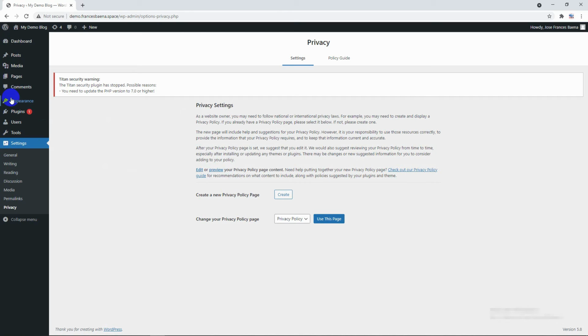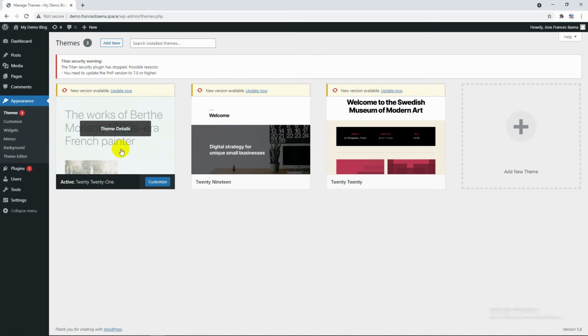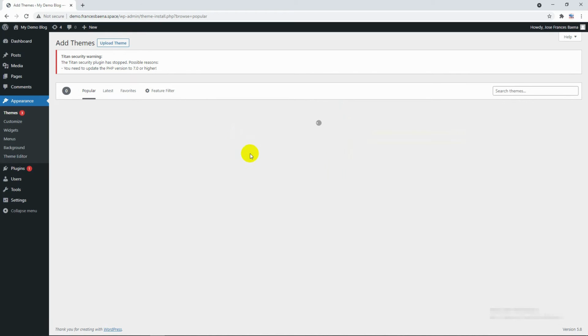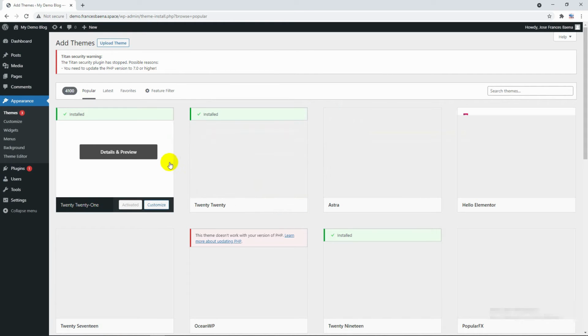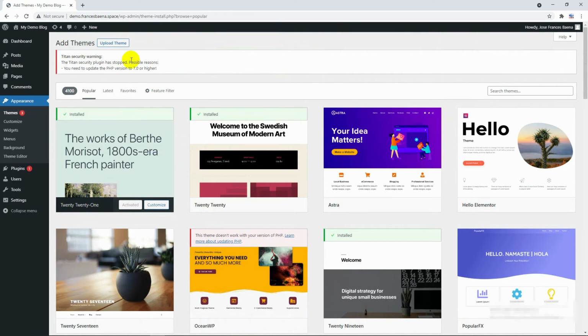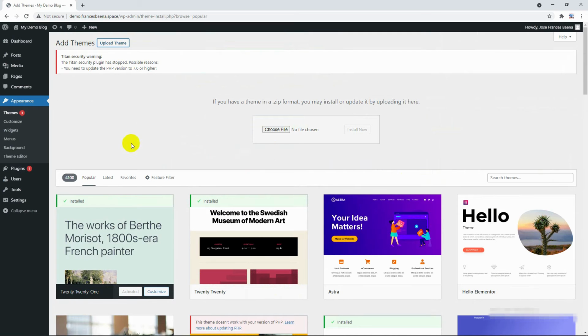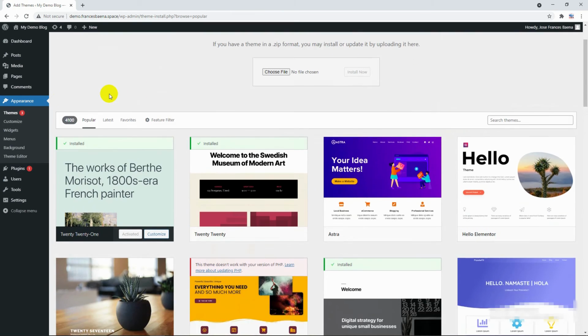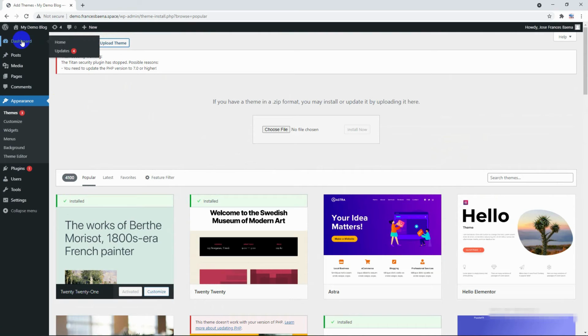And so the last one is I would like to introduce you to your themes. If you are fine with free themes in WordPress, you can just go and search for a theme right here, or add new. Then you can select different kinds of themes, but this tutorial will not cover this, so I'm just showing you what you can do. But if you have some premium themes, you can just upload the themes and do so. So right now let's go back to our dashboard,